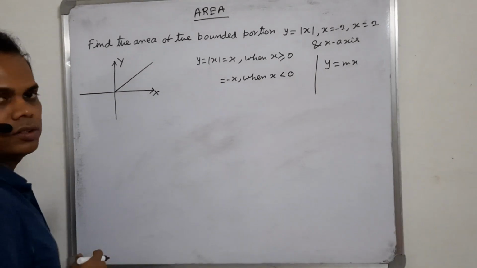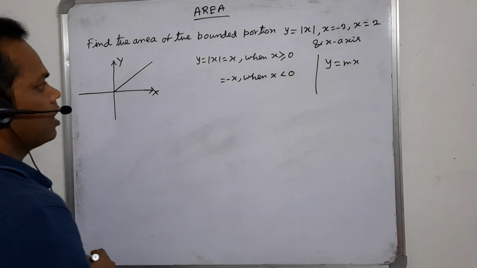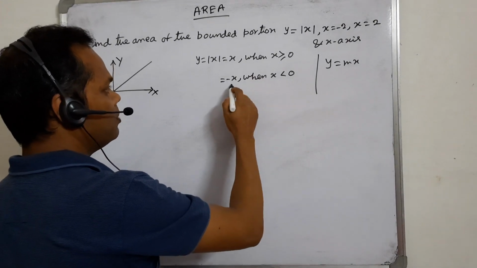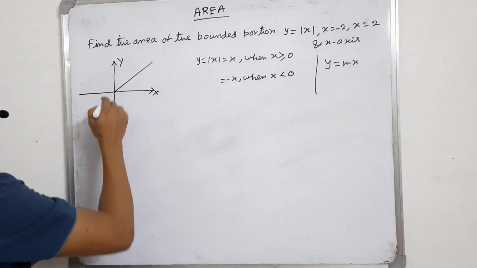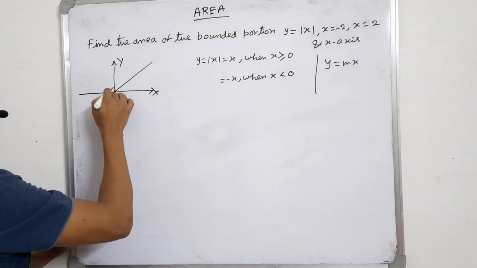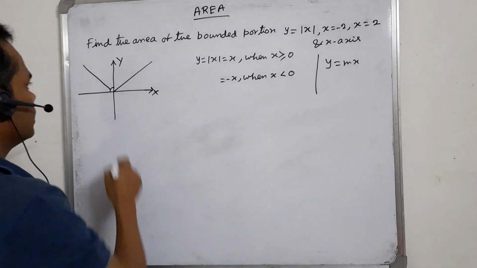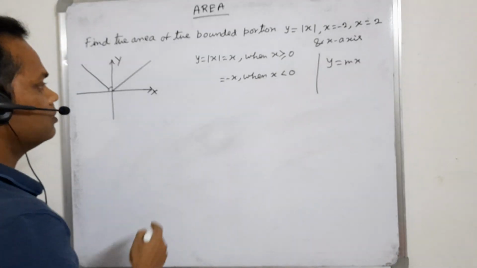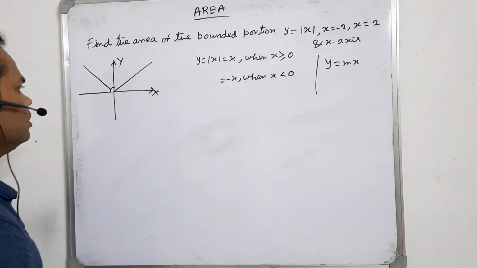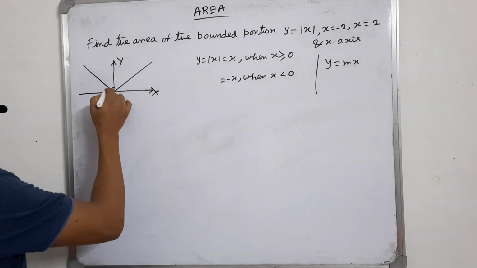So this one is y equal to x, because it is x greater than or equal to 0, so it touches. And y equal to mod x, here m equals -1, so tan 135 degrees, so this one is here, y equal to -x. And here there is a gap, because it does not touch at 0. To find the area, I am given this gap, remove the gap part,